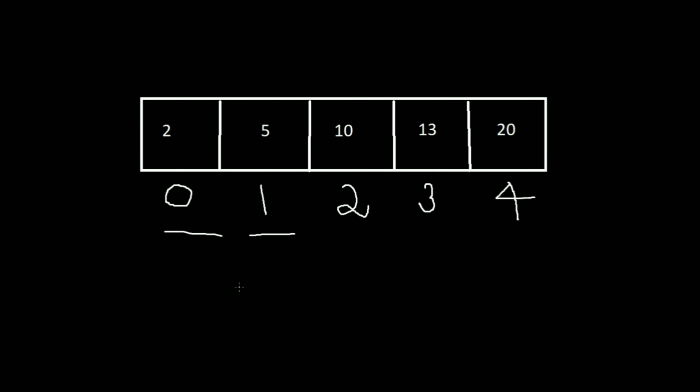So now let's just say you are looking for the number 5 instead. So now we got the middle element of 0 plus 1 by 2, that is the 0th index, and the element associated with the index is 2. But 5 is bigger than 2. So now we have to move towards the right. So now we have to do the left element mid plus 1. So we already know that the first element and the middle index are the same for this case, because we got the mid as 0 plus 1 by 2, that is 0, right? So now since 5 is bigger than 2, we'll be moving towards the right.